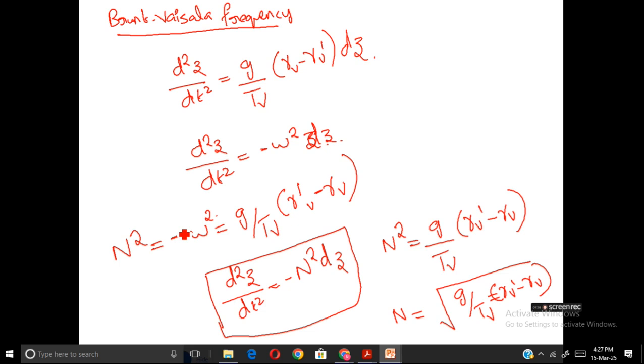This basically gives a frequency at which, since it is a square root, this is the equation for Brunt-Väisälä frequency. This n is equal to square root of g by Tv into gamma v dash minus gamma v. Since it is a square root, it will have a real solution